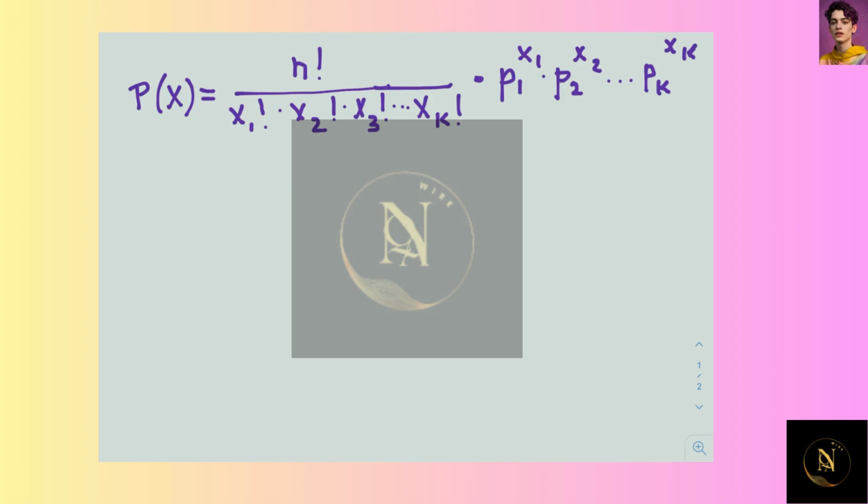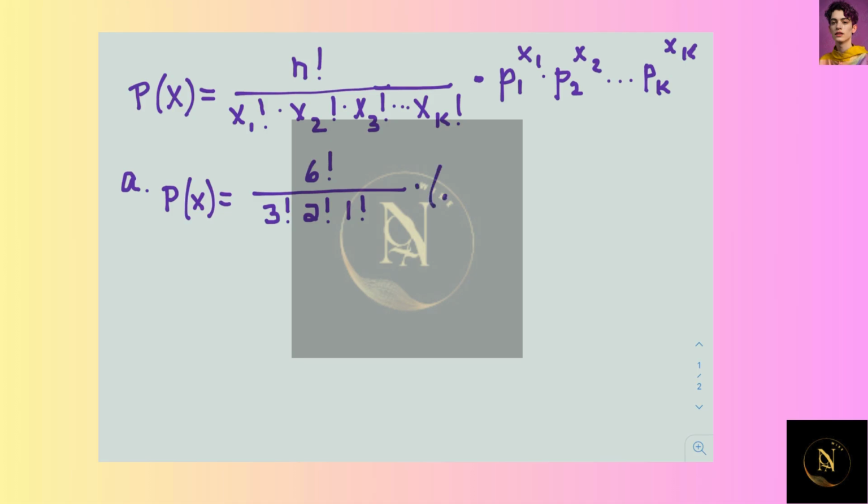So in part A, we have all of the information that we need, so we are going to substitute everything in. In this case, the n was 6, so we'd have 6 factorial on the top. x1 was 3, so we're going to have 3 factorial. x2 was 2, so we're going to have a 2 factorial. x3 was 1, so we're going to have a 1 factorial. Then we're going to multiply it by